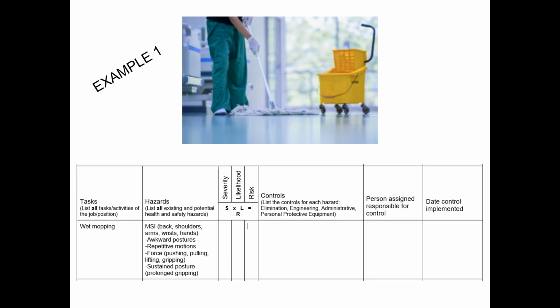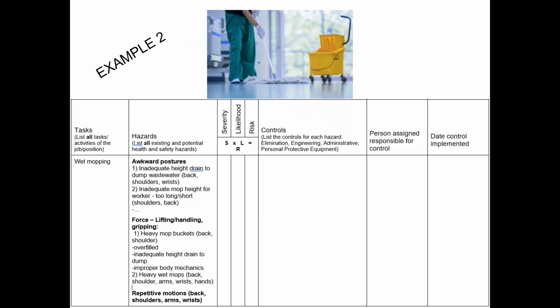because there's only one person who is responsible for this particular work site, and they have to do all the mopping by hand, and there's a lot of it required. So there could be some prolonged periods of mopping, so there may be prolonged gripping. So that's a potential risk factor. That's just an example of how you might want to write it out on your hazard assessment form.